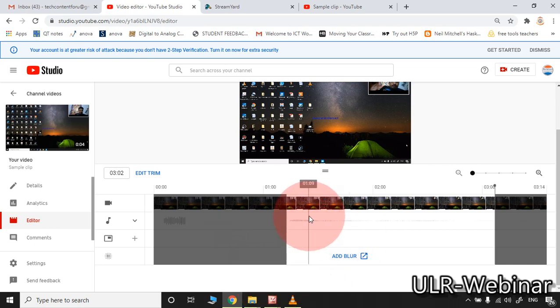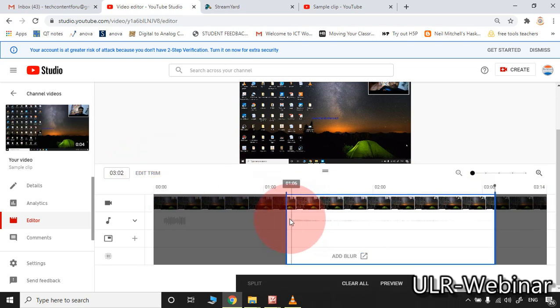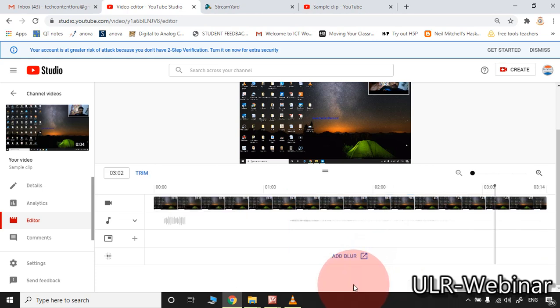Split means the selected area will be removed. In the previous case, I have chosen this particular part. If I am selecting clear all, there are no changes.